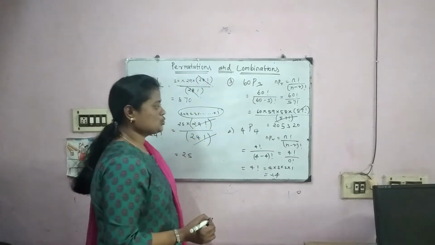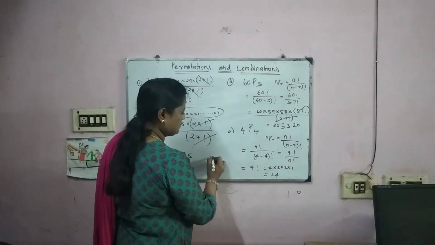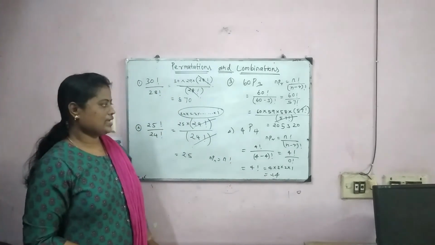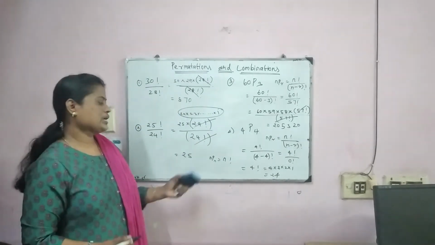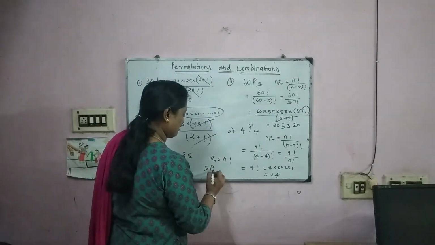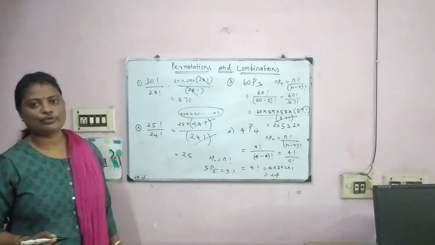Or otherwise you can do one thing. So already I gave a result. What is nPn? Directly you can apply n factorial. nPn, now 4 factorial. So you can directly apply 4 factorial. What is the value of 5P5? That is equal to 5 factorial. So you can apply directly 5 factorial.